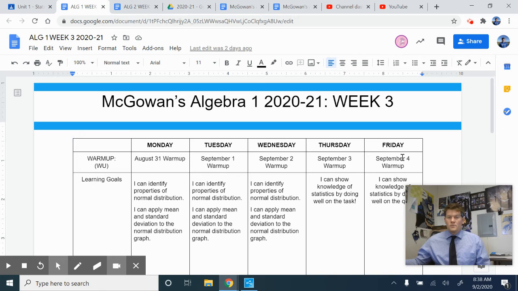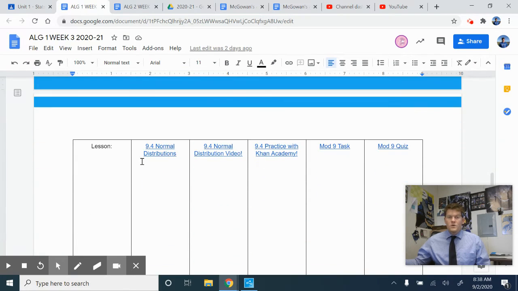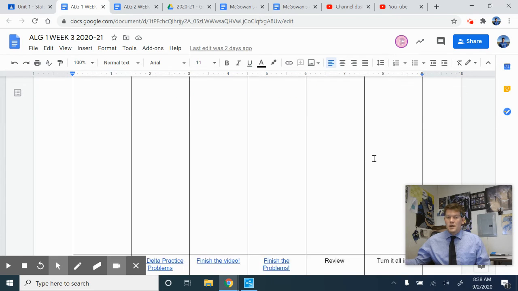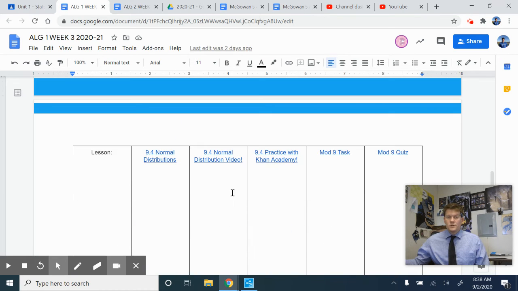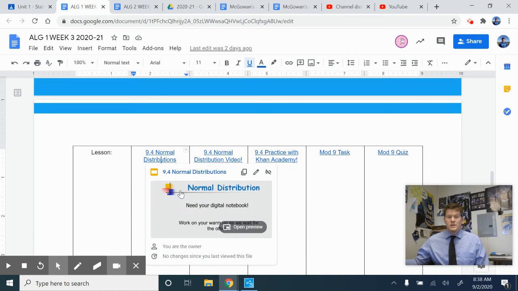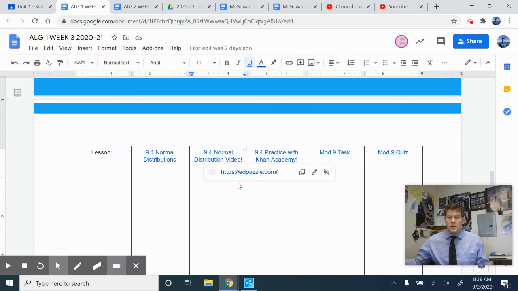With these weekly documents, if you click one open, you'll notice it's a breakdown of the week. You'll start with the warm-ups, then you have learning goals or objectives, then you have your lessons hyperlinked, and you have your homework hyperlinked. Anything I could hyperlink, I try to hyperlink. So if you'll notice on this one, I have hyperlinked my Google Slides for that lesson that I gave on Monday. On Tuesday, I have the Edpuzzle website where they can find all of their videos they're supposed to work on. I have different websites for practice problems.